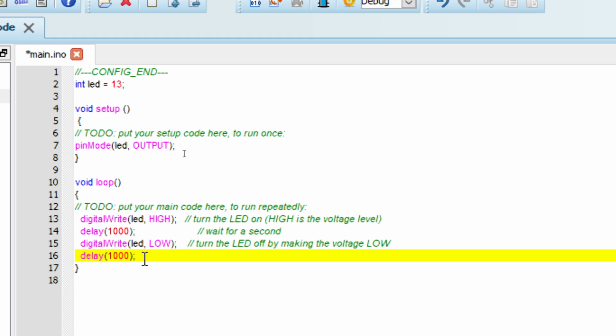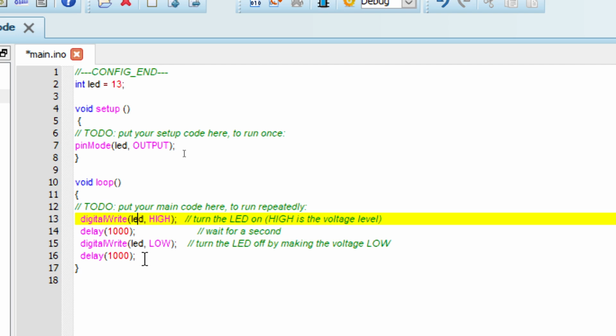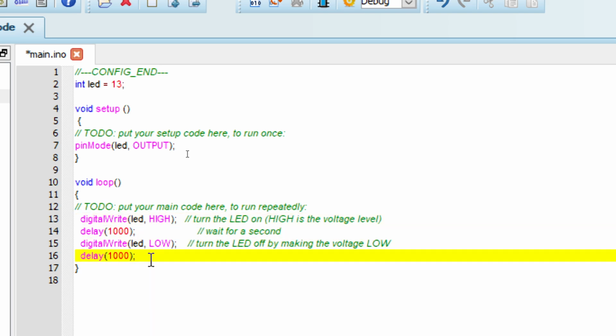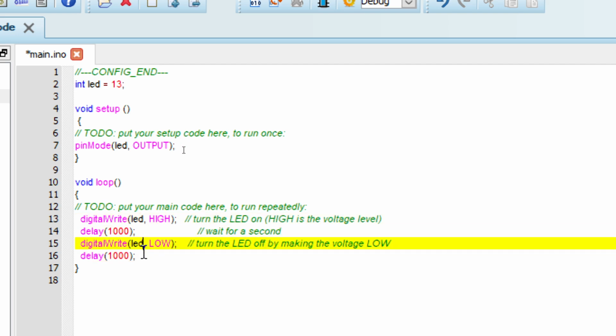And then from here the code will go again to the top of the loop function. So again it will go for high, then delay, then low, then delay, then high, then delay, then low. So in this way the LED will keep on blinking itself.